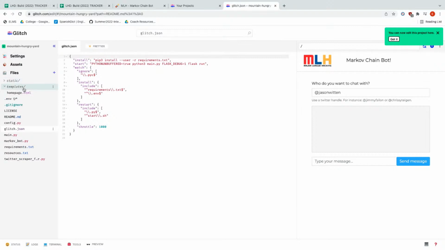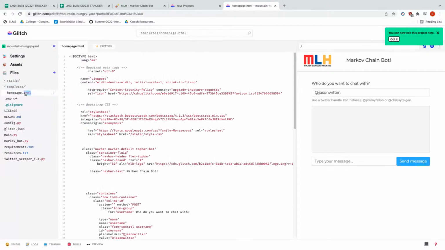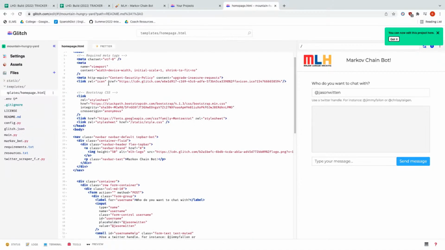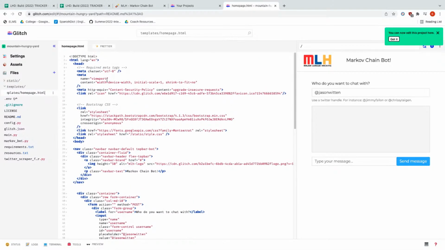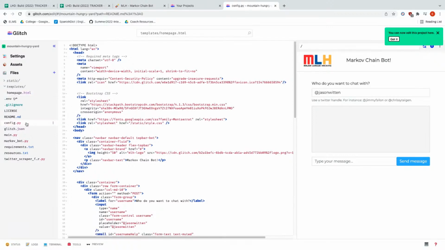All right. So in templates, we have homepage.html. If you open that up, you'll see an HTML file here. This is the file that provides the structure of our website and provides the text fields where the user types in their questions. And then we also have config.py.